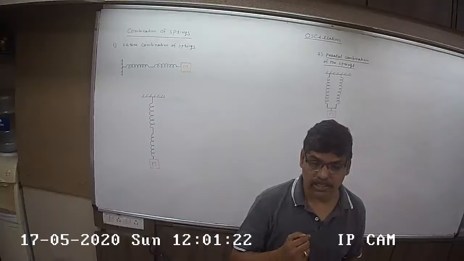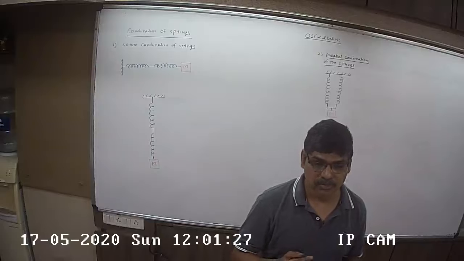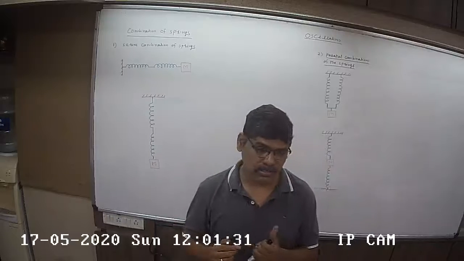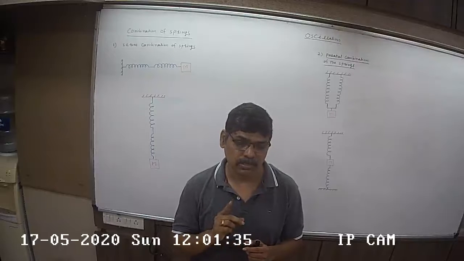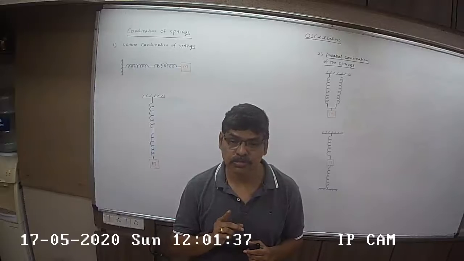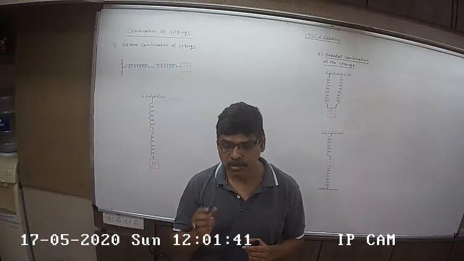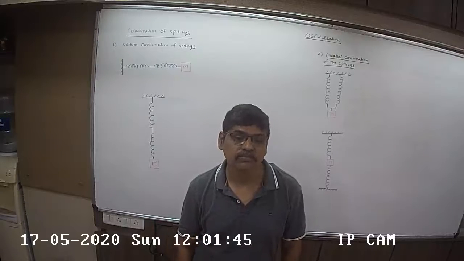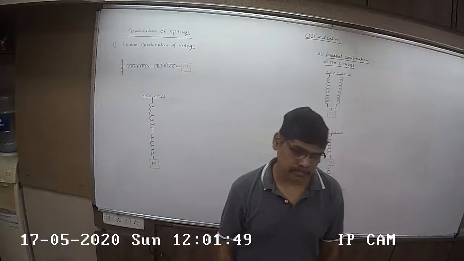We got the necessary condition to produce linear SHM: F is equal to minus K x. F is called the restoring force. The negative sign indicates that the restoring force and displacement are always in opposite directions. I said displacement is always measured from the mean position. K is called the force constant, or, in the example of a spring, the spring constant.